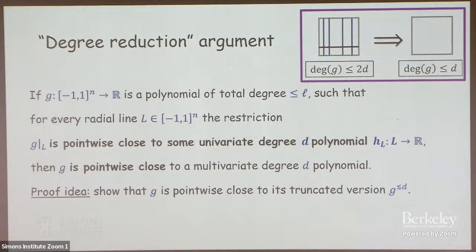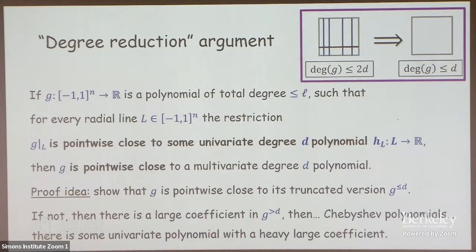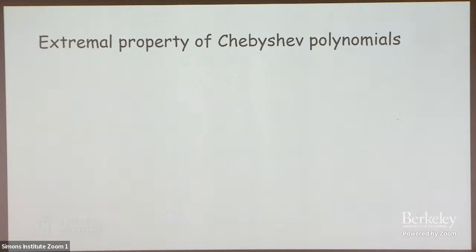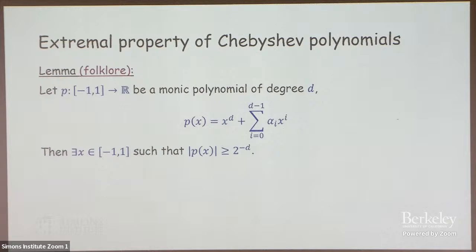We just truncate the large degrees. We remove the large monomials, and we want to show that this is close to the full function. And here you go a long way through Chebyshev polynomials and bases, and in the end we get to a point that we have some univariate polynomial